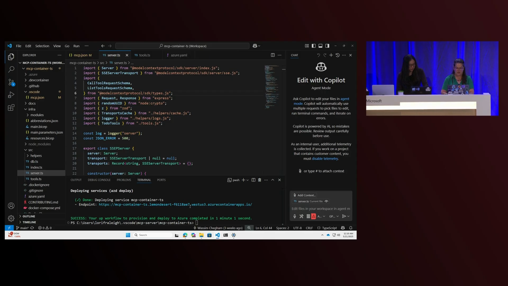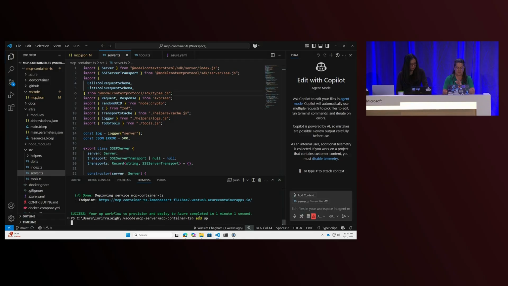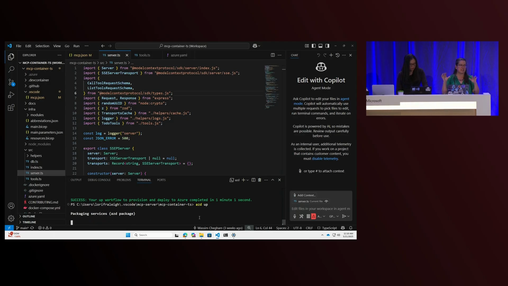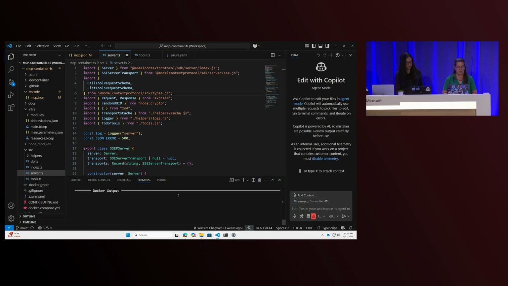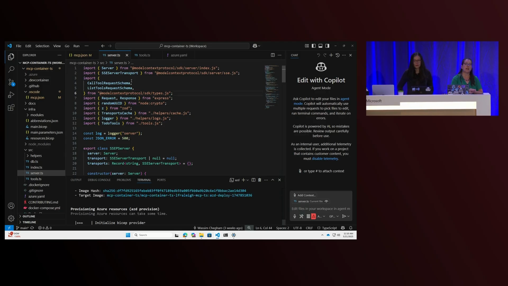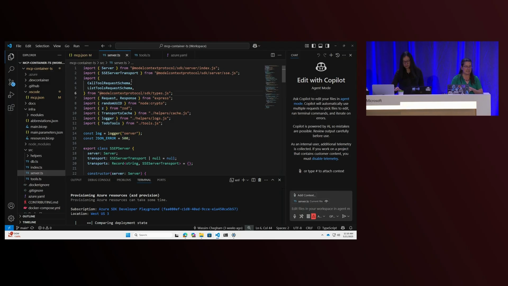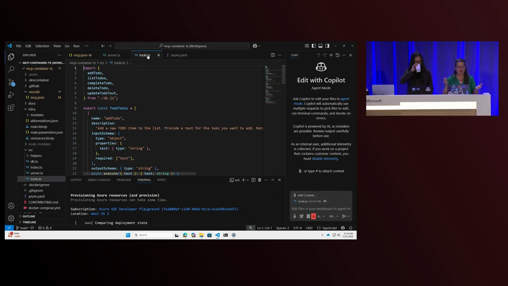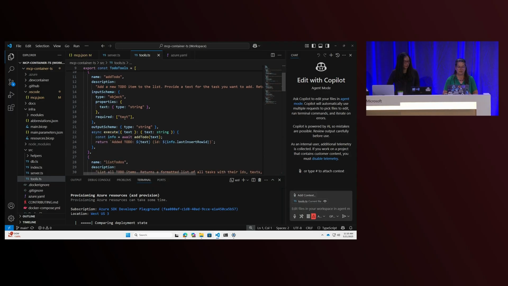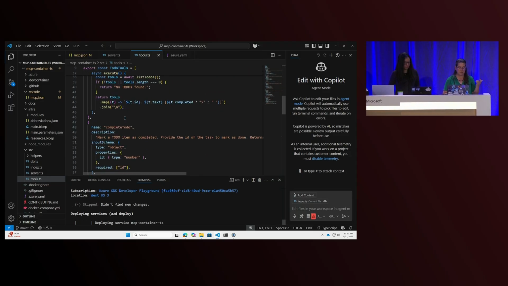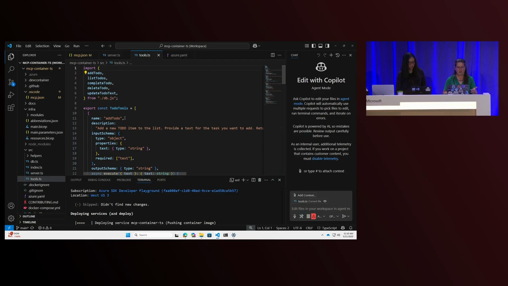While I show you the code, I am going to AZD up this application. I've already warmed it up. It's been deployed once, so most of the infrastructure is created, but we're just going to get it all refreshed so everything works for this demo. In our server.typescript file, this uses the standard MCP SDK for JavaScript to do the server-sent events between our MCP server and any sort of agent that's connecting to it over MCP. And then our tools.typescript file has our tools for our to-do server: add to-do, list to-dos, complete to-dos. That is all here in our file as well.